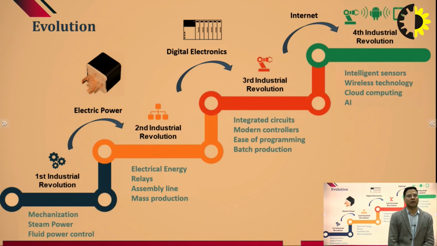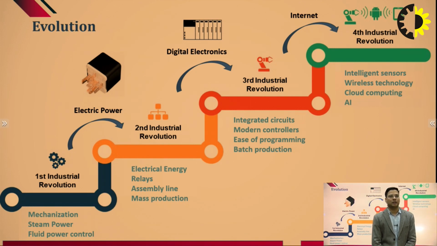This revolution of 3.0 made the dream come true for batch production, where we can have a series of operations in an integrated part, like one batch in any particular beverage industry can be of a certain size, certain volume. The other batch can be of another volume or another size.